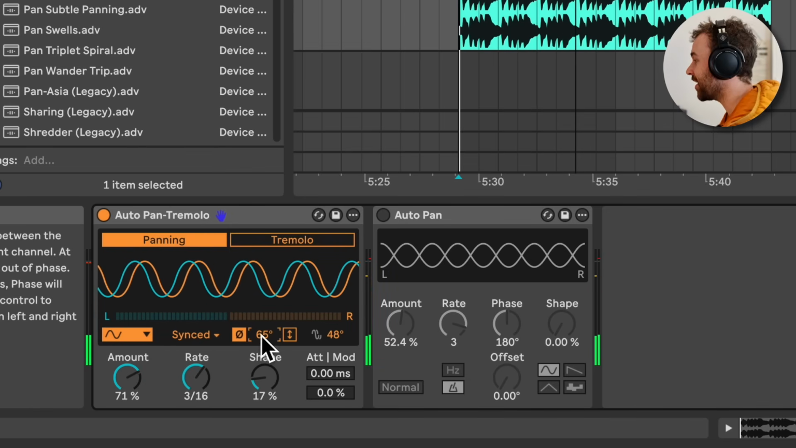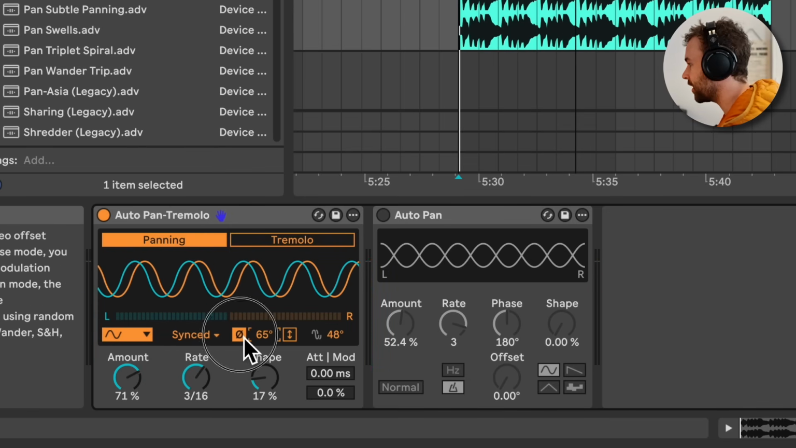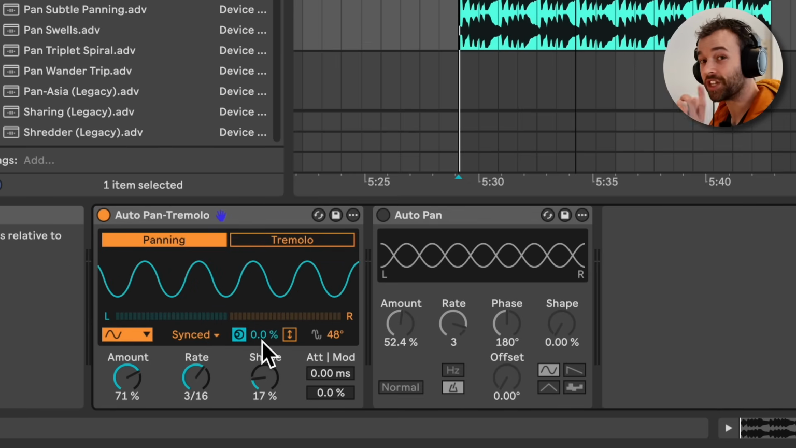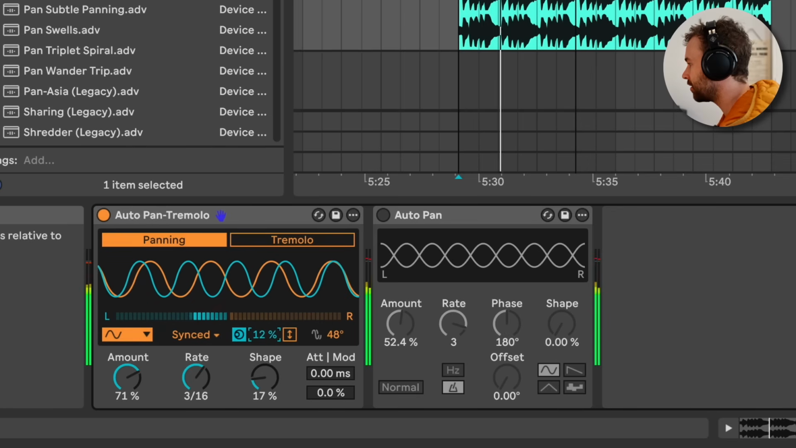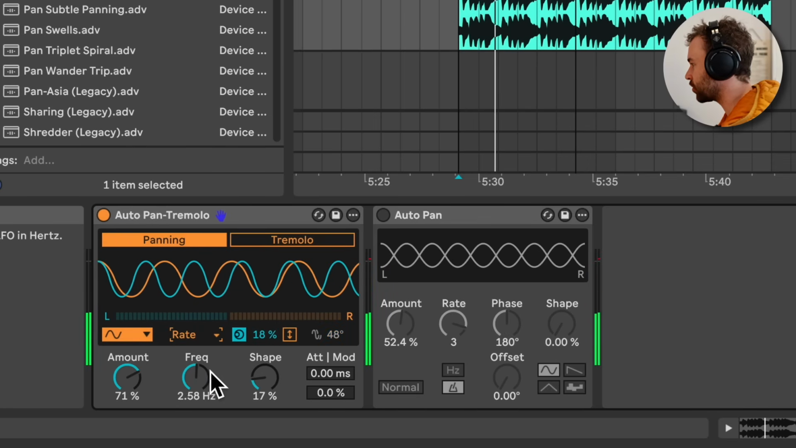Which can create some cool effects. But if we click on this little polarity symbol here, we can switch this to spin, which detunes the left and the right LFOs and gets a really cool effect. And if we set this to rate,